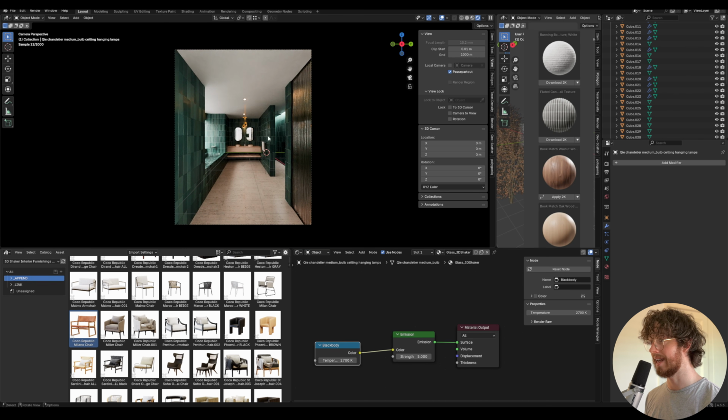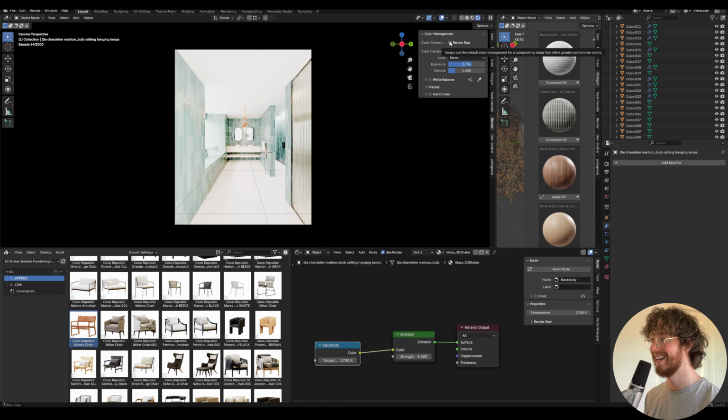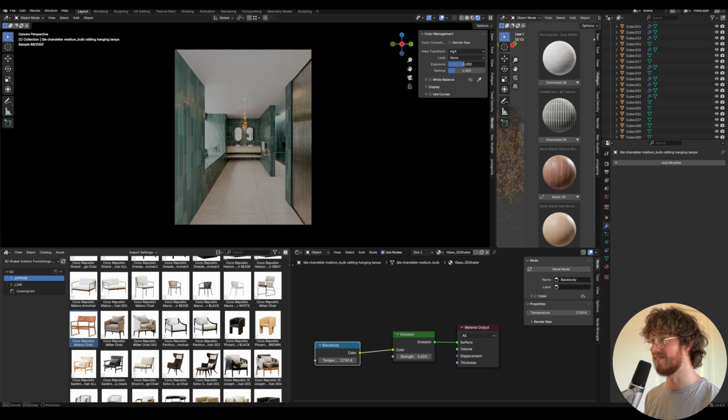But one really key aspect of this is the render raw add-on. If I turn that off, you can see it looks a bit crazy, right? It doesn't look very good. So the render raw add-on, if I undo this,